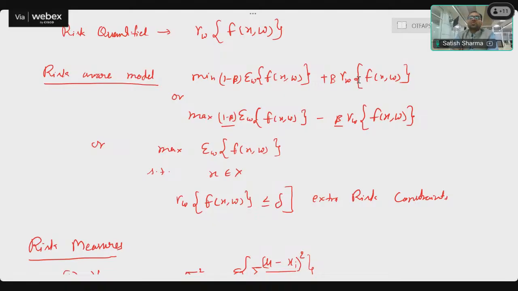So the first objective is profit, and the second is, let's say, if I use the risk measure as a probability, then profit cannot be added with the probability. So you have to normalize it, or otherwise put it the other way around, as a constraint. So instead of the objective part, we can put that the shortfall probability should not be less than a particular value. So either we can place it like this, or